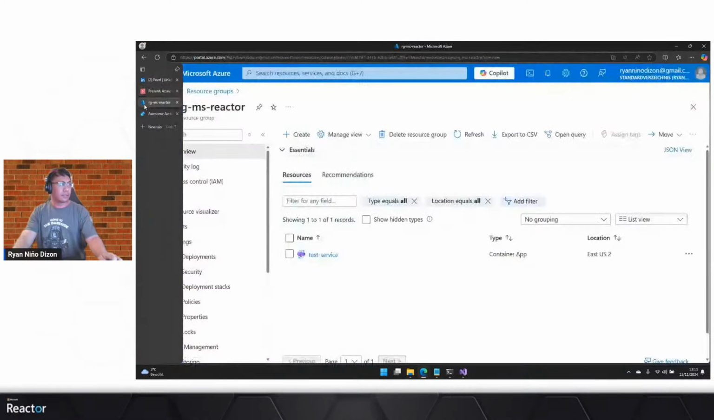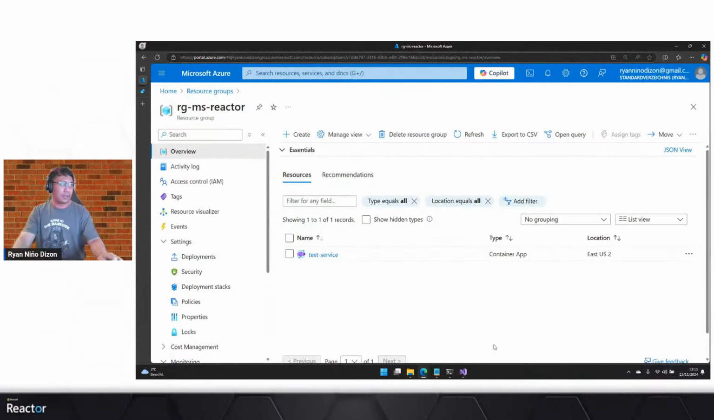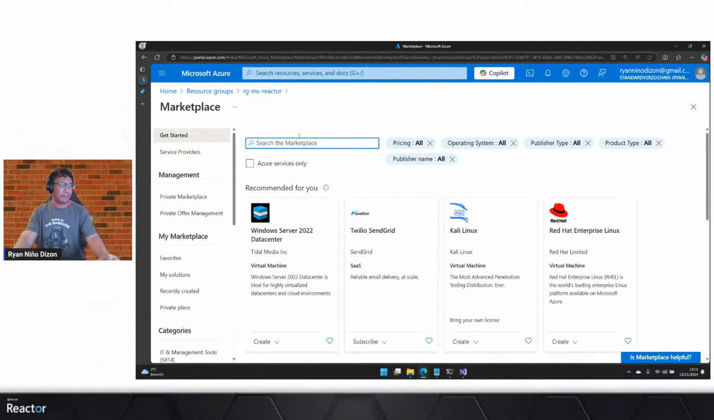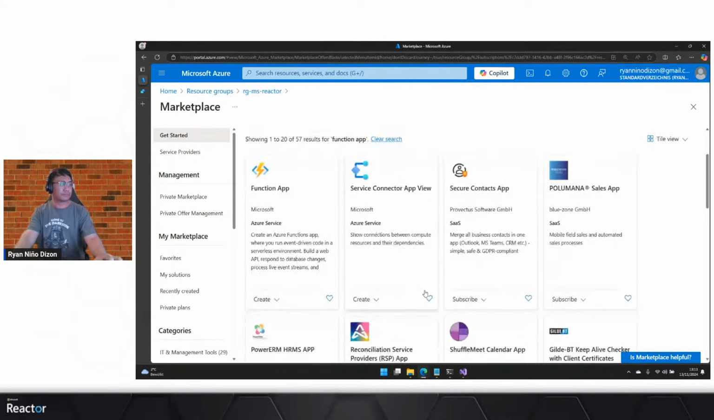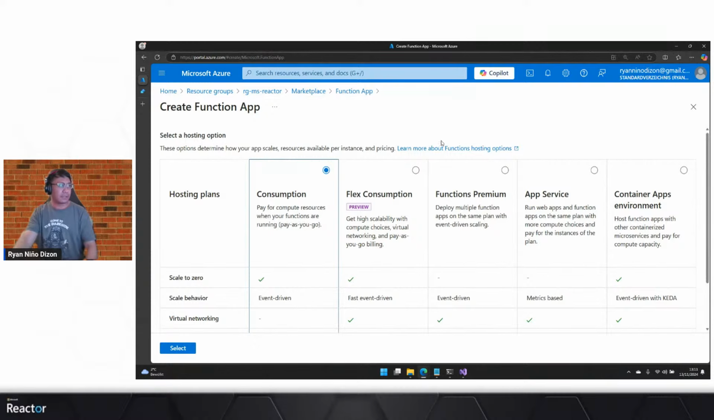Okay, so let me just close this. And let's create our first function app. Sorry, I already have created my resource group. So yeah, click create, and